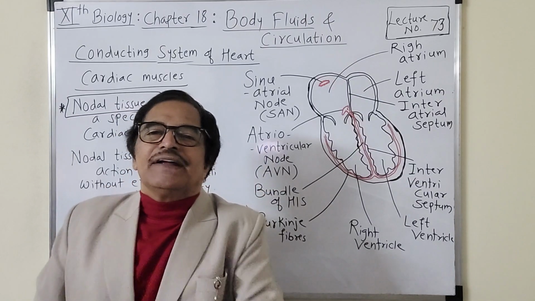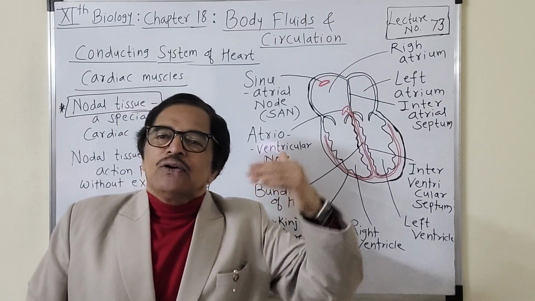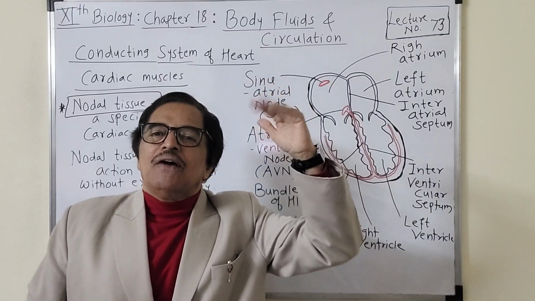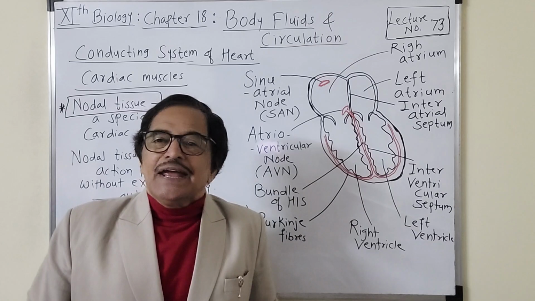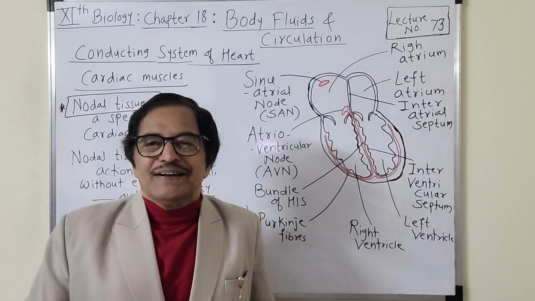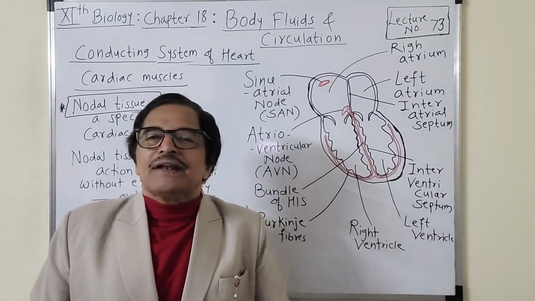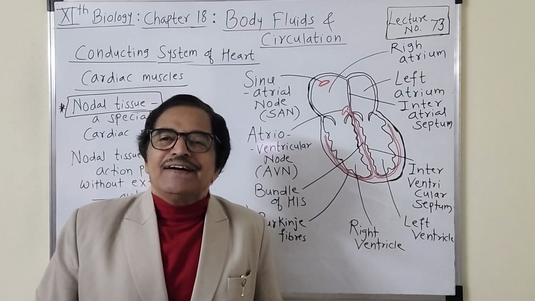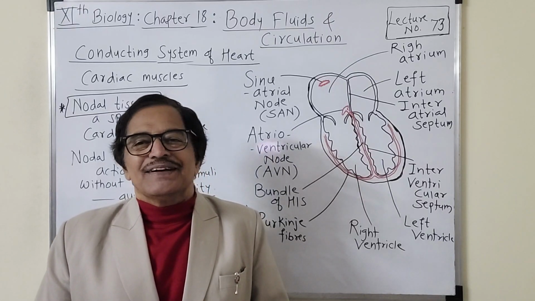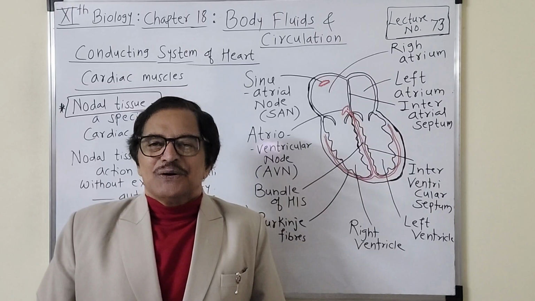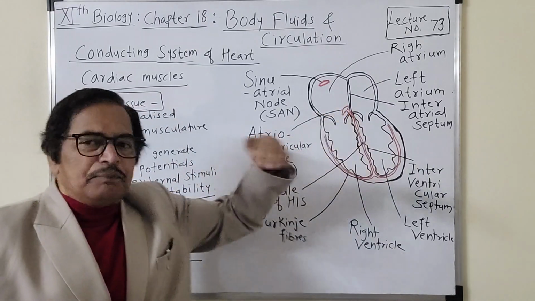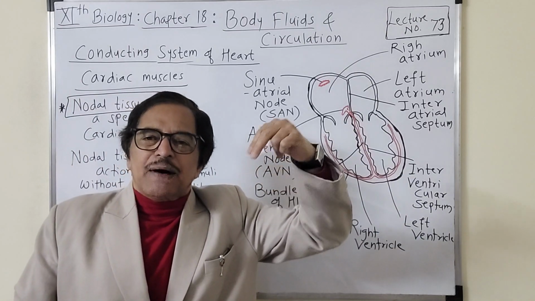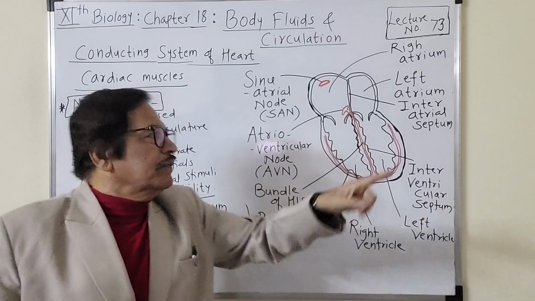SAN is located towards the upper end of the right atrium is the correct answer. AVN is located towards the base of the right atrium near the right atrioventricular opening. Simple. Okay, then this AVN gives one bundle; it passes through the interatrial septum, and then